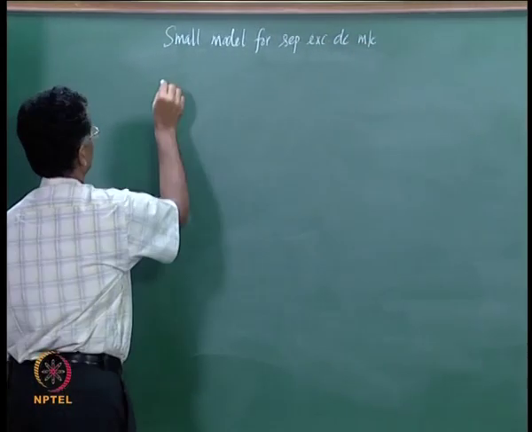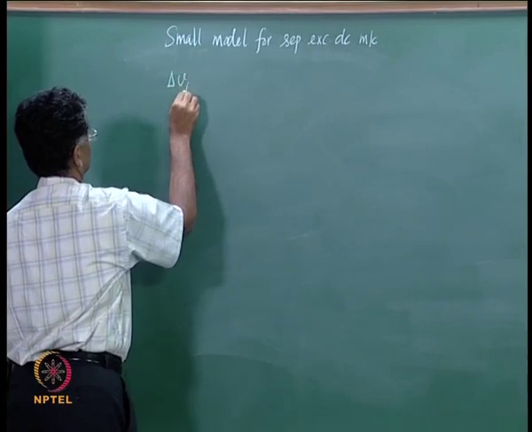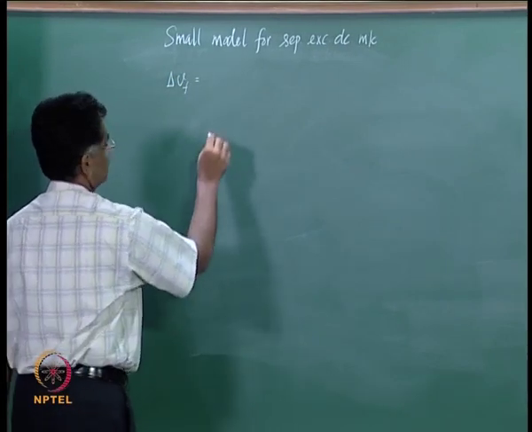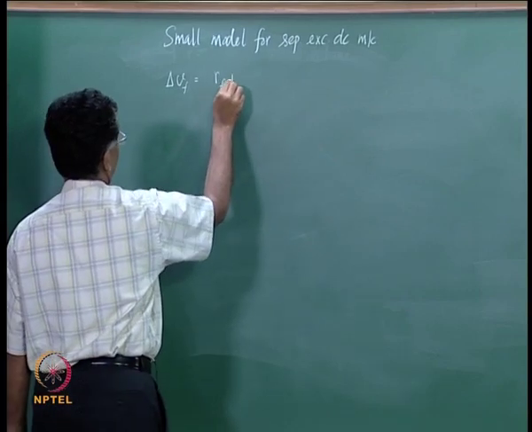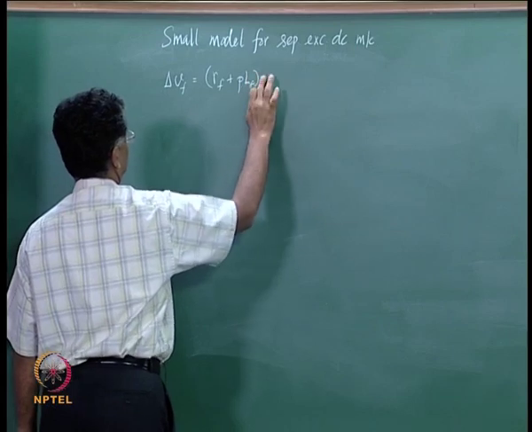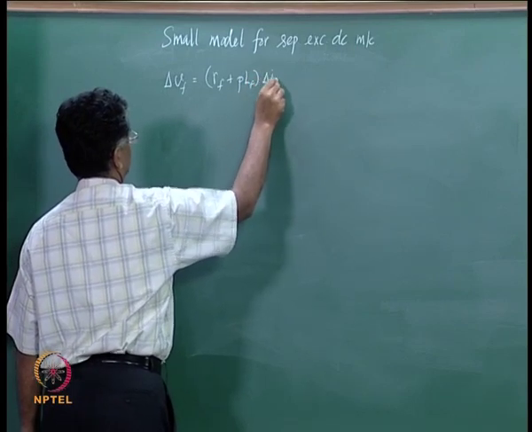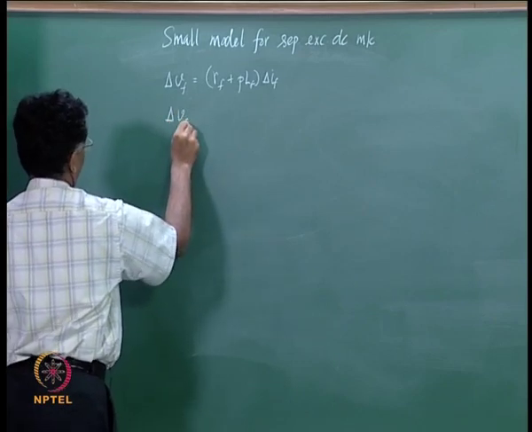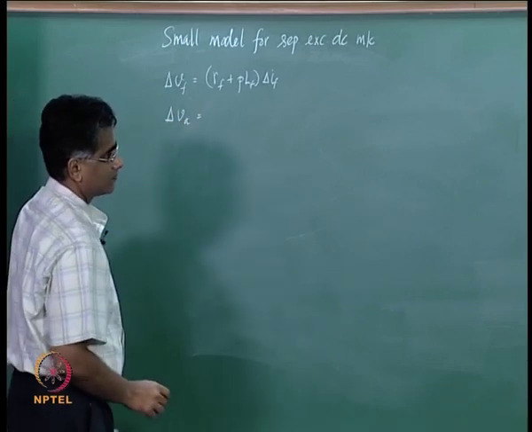It would then be delta Vf equals (Rf plus PLf) into delta If, and then delta Va equals